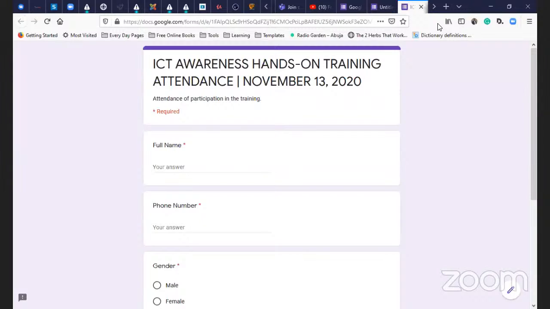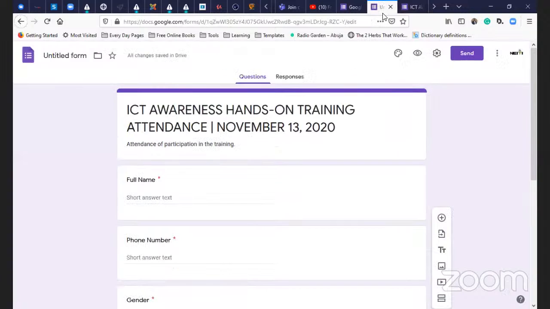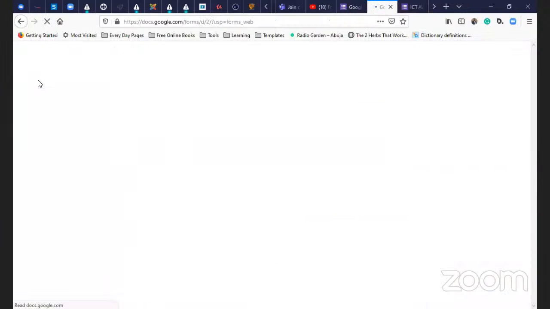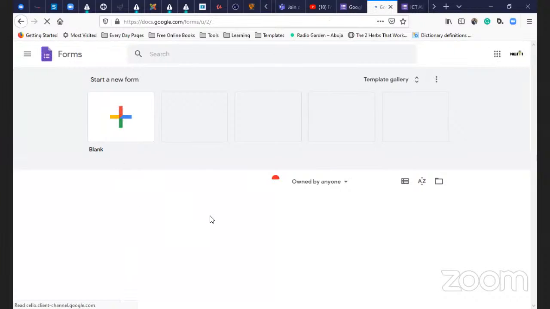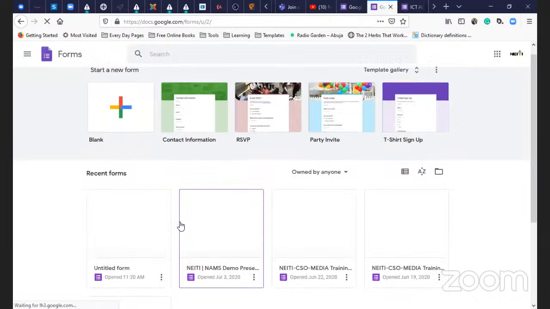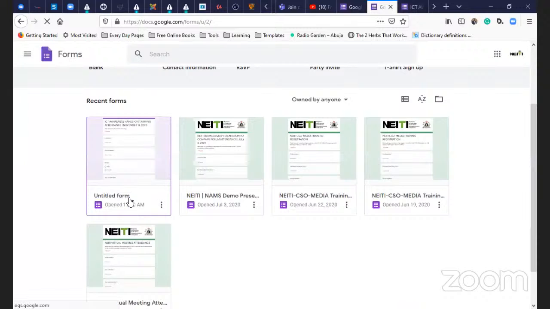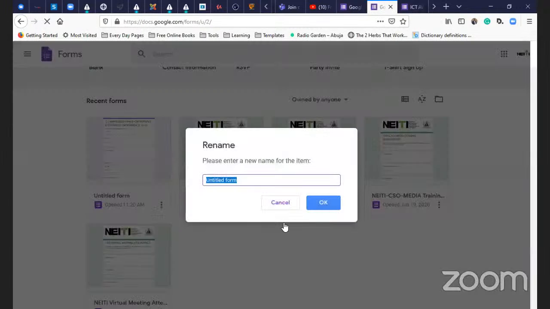Though up here, you can see that it shows ICT awareness hands-on training attendance because it takes the title of this one. But I didn't actually title the form. What this means is that if we go back to all the forms, it will show it as untitled. Can you see untitled form? So from here also you can rename it and say